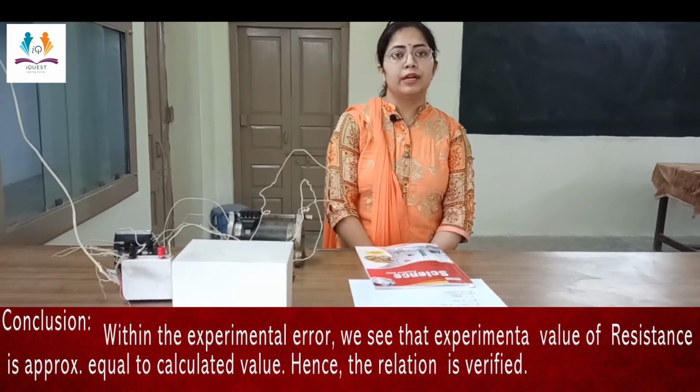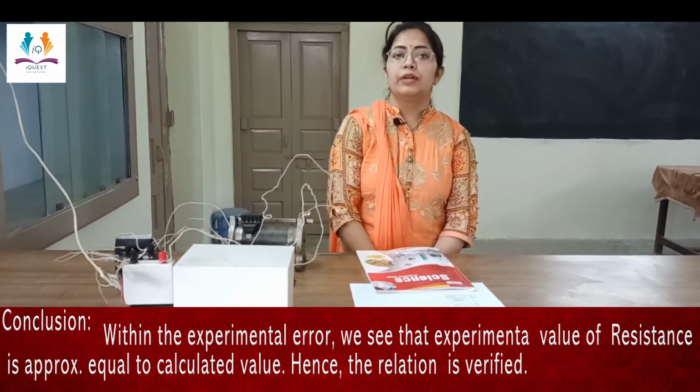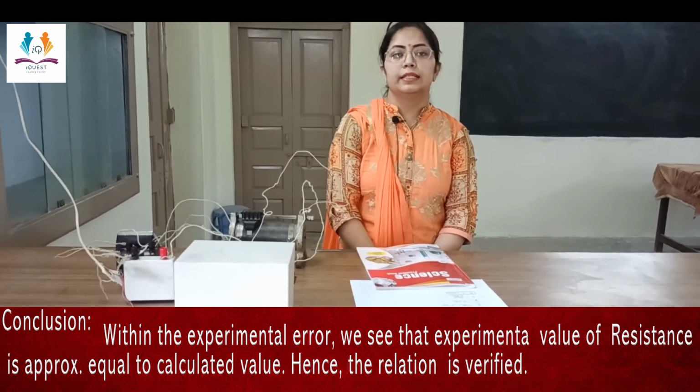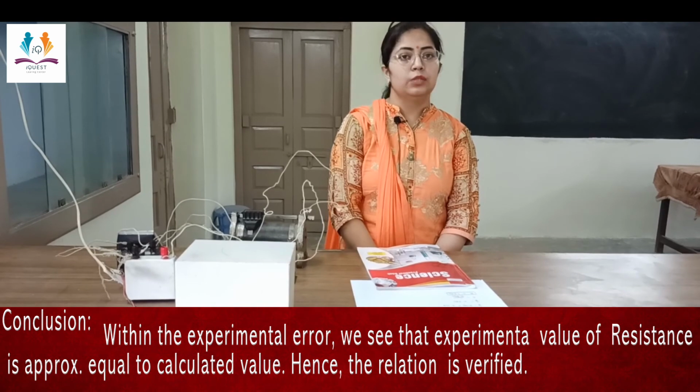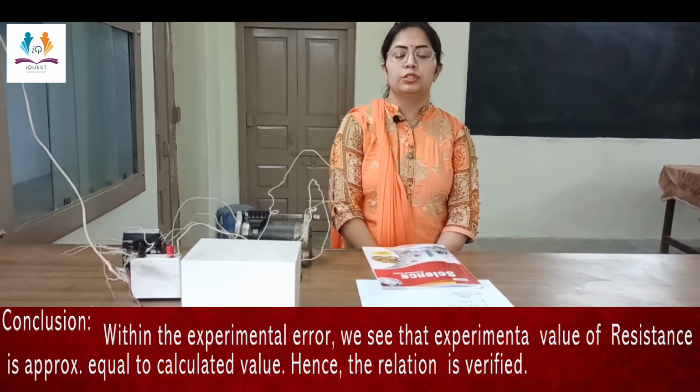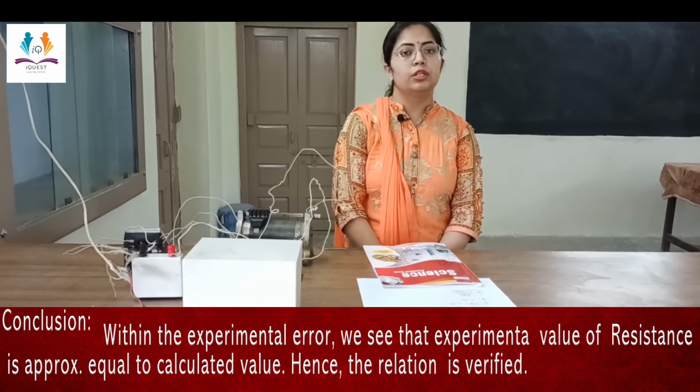So this verifies the formula to find out the resistance when the number of resistors are connected in parallel, that the reciprocal of the equivalent resistance is equal to the sum of the reciprocals of all the